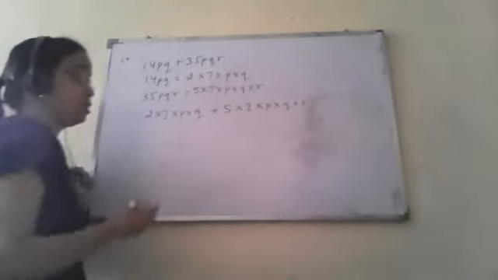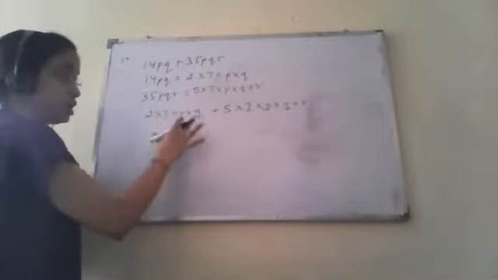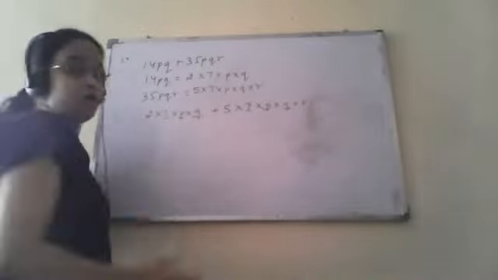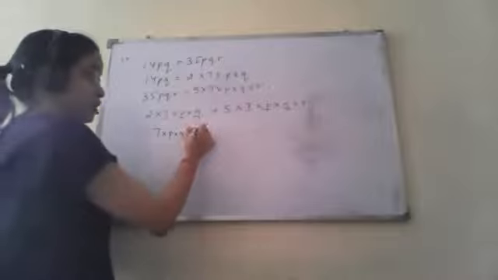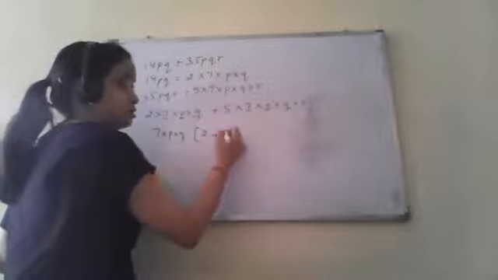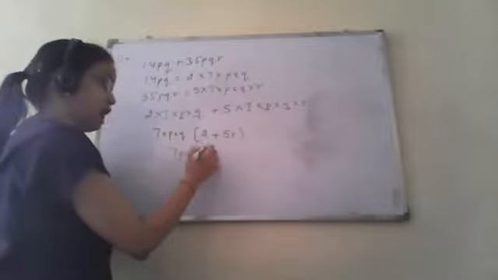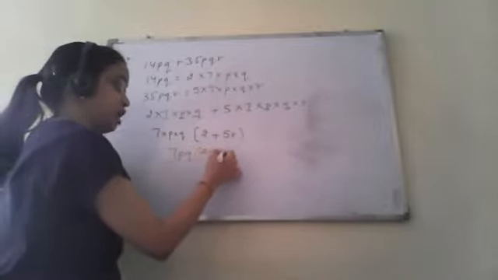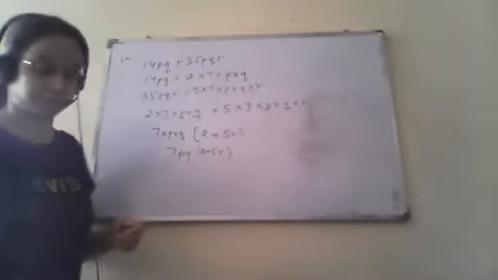Now look at what is common. 7 is common, p is common, q is common. Is there anything else? There is nothing else apart from this 7pq which is common between them. So we can take out 7 into p into q outside. Now what is left? From the first term we have 2, and from the second term 5r. So it is 7pq into (2 plus 5r). These are the factors, and these terms cannot be reduced further.